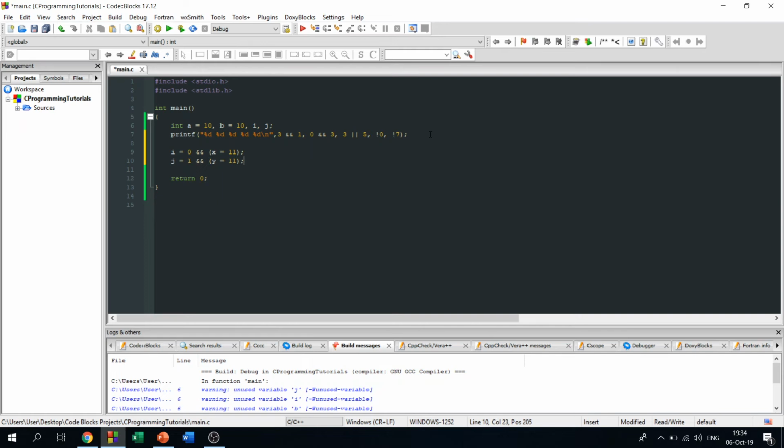Okay, and I will print out right now, just a moment, printf %d for x, y, I, and j. Okay. So let's do this. Let's see what will the result be. Right now, we need to